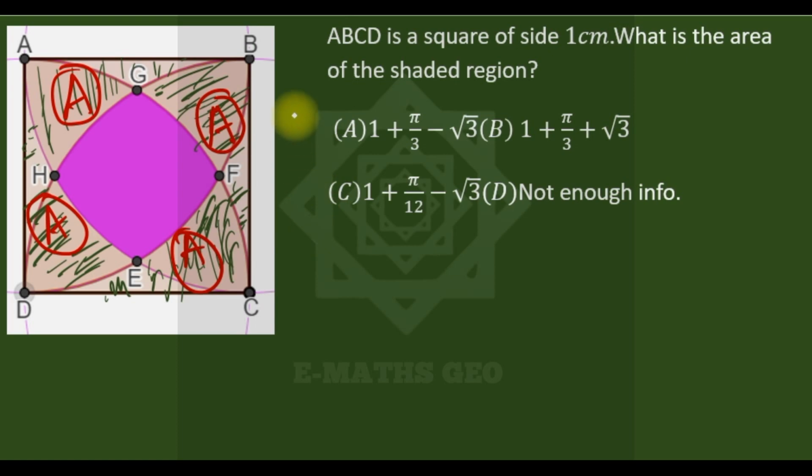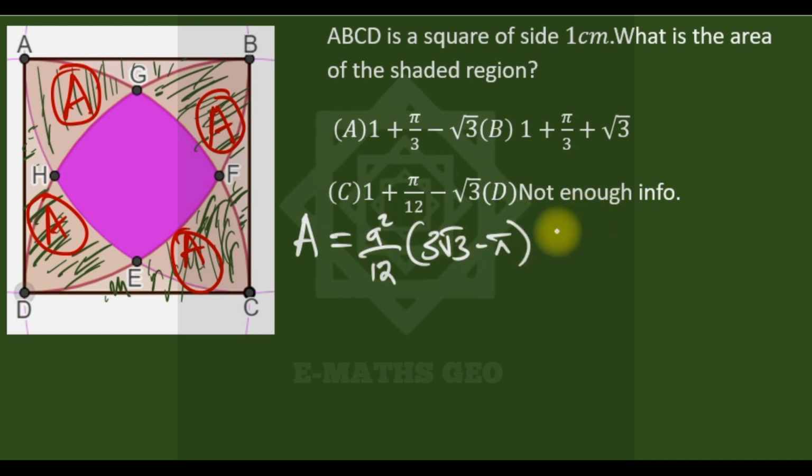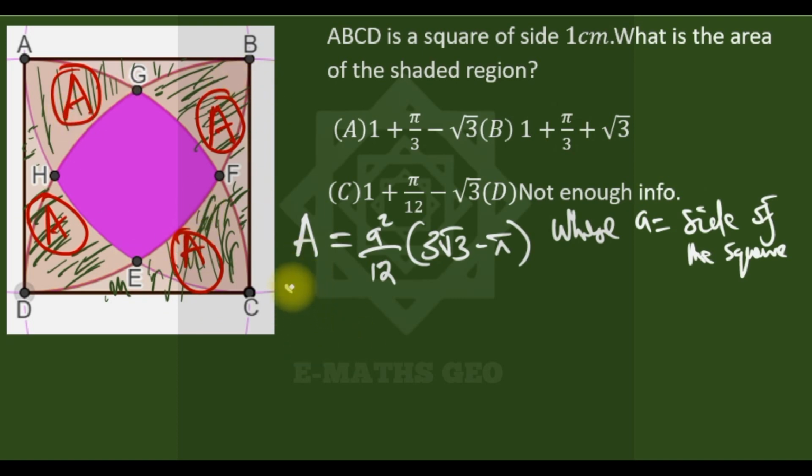I'm going to prove that the area here is equal to a squared over 12 times 3 root 3 minus pi, where a is the side of the square. I'm going to prove it. So we have 4 of them. Therefore, the area we are looking for, which is this area shaded,